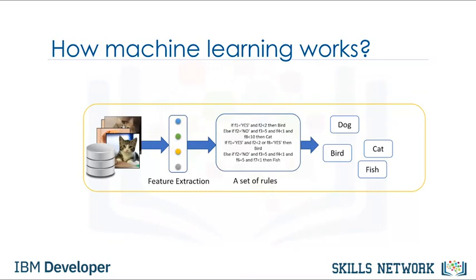Assume that you have a data set of images of animals such as cats and dogs, and you want to have software or an application that can recognize and differentiate them. The first thing that you have to do here is interpret the images as a set of feature sets. For example, does the image show the animal's eyes? If so, what is their size? Does it have ears? What about a tail? How many legs? Does it have wings?